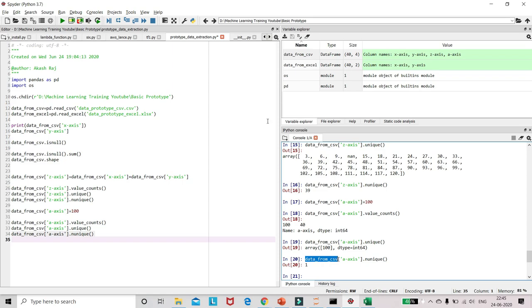In the next video we are going to see how to visualize our data. Data in itself doesn't tell any story, but when we put it in some graphical manner and try to visualize it, it will tell many stories which are used by businesses to improve their business. I already explained it in the introductory video. We are going to do many visualizations. So the next example will be a basic prototype of data visualization.